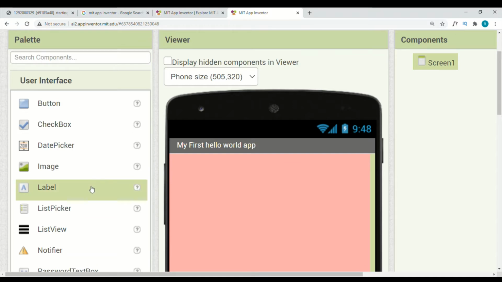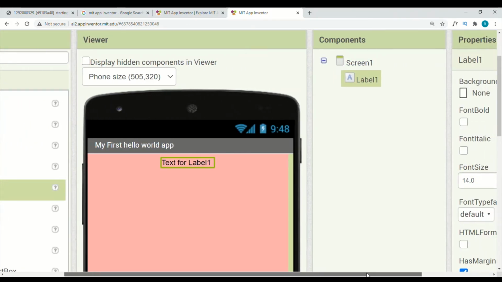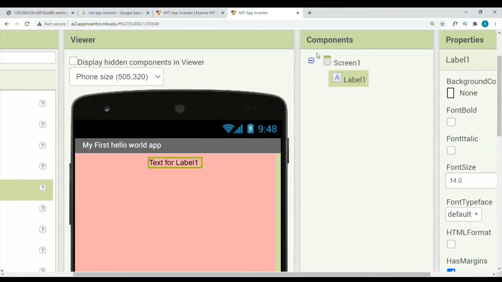Clear? Now I am going to drag our first component, which is the label component, from user interface to the viewer. You just select the label component, hold it, and drag it onto the screen. When we drag it onto the screen, can you see here in the components window, Label 1 is added.